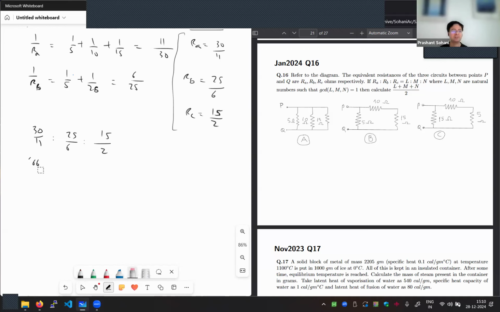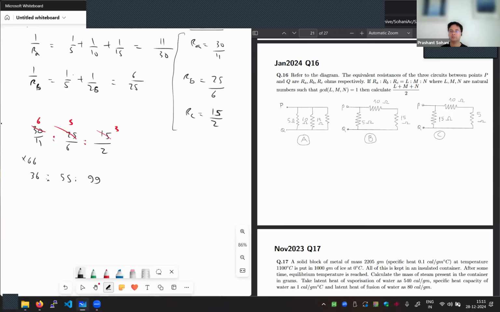So even before you multiply by 66, if you notice, the numerators have a common factor of 5. So let us cancel that first. I can cancel 5 from all three because it is a ratio. If I cancel the same term from all three, it will not change the value, right? So now if I multiply by 66, the first fraction will become 36, the next will be 55, and the last one will be